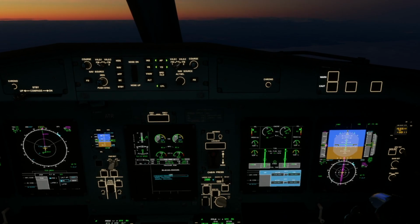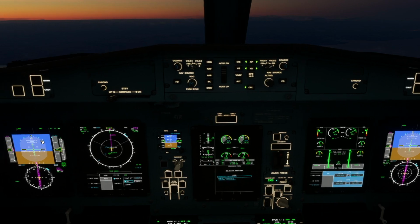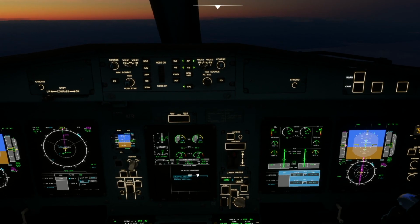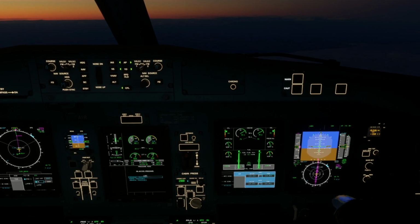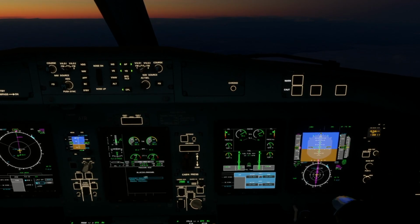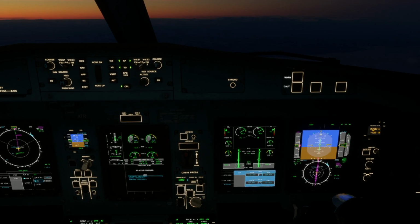I think I may have just spotted a bug, or at least an issue. We appear to not be using any fuel. I mean, we've been running for at least 15 minutes, and we're still full up. It says we've only used 100 kgs either side. That can't be right. Fuel flow says 11.2 kgs per minute. That's both. So, is it only 11.2? So let's say we've been flying for 15 minutes. That's 168 kgs, which is less than the 200 that it's showing. Can't be right. We can't have only used...